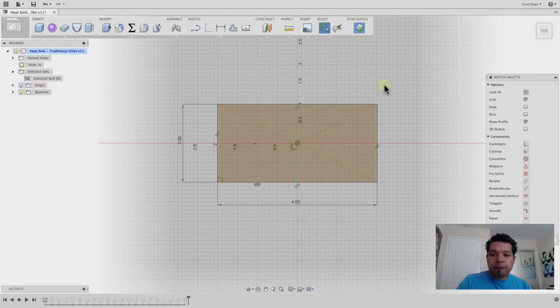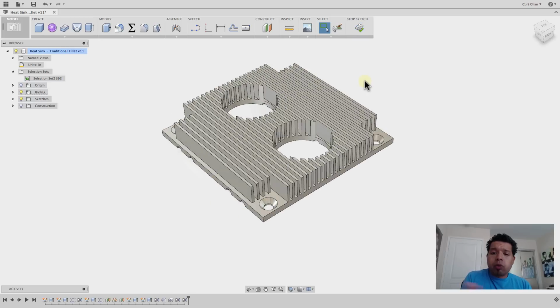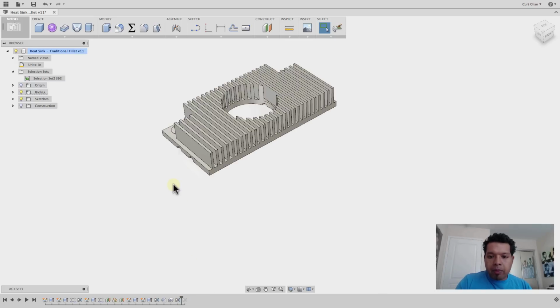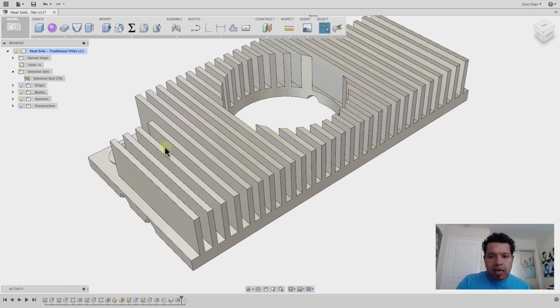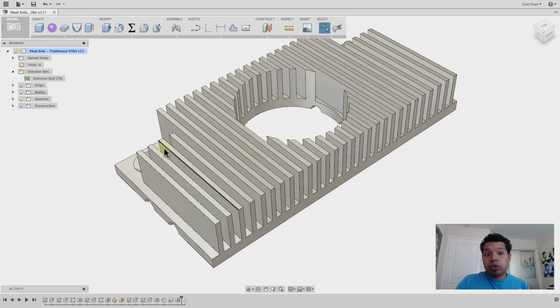Close that guy out, accept that. And what I'm going to do too is I actually did a mirror command, and I'm going to roll back a little bit so you guys can see and we can focus just mainly on a piece of it. I can always go back and mirror it, but it's going to just roll back my mirror. And if we zoom in, let's now take a stab at this guy and show you guys what Rule Fillet